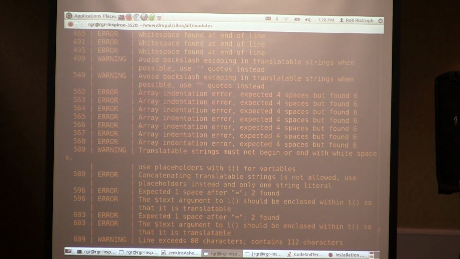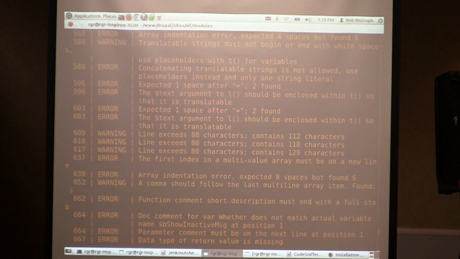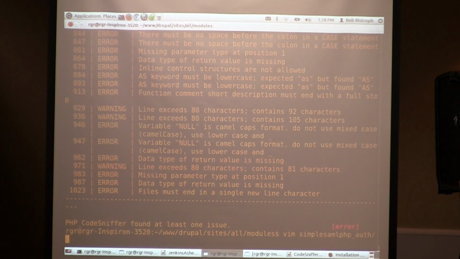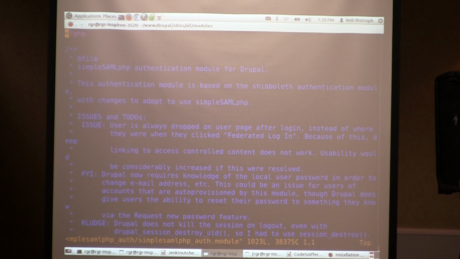So one of the things I wanted to do to emphasize the limitations of code sniffing is look in this actual code. We just looked at its output for the simple SAML PHP auth module, and I happen to know that on line 366